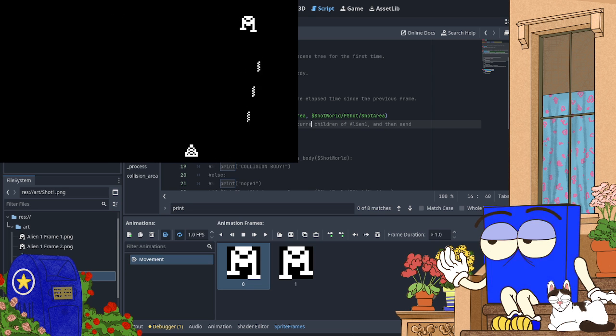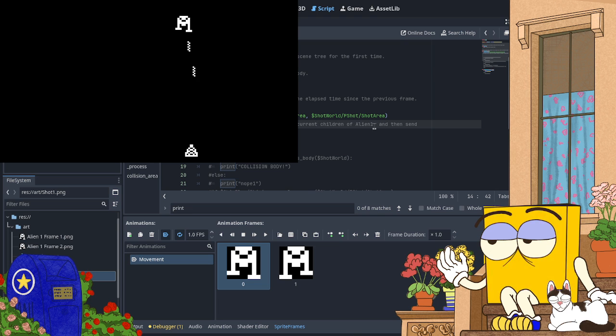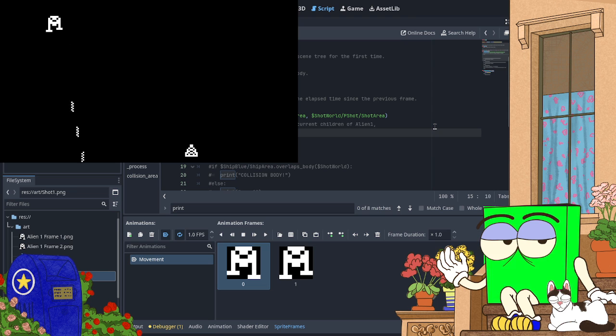All current children of Alien 1 and use them in the collision area function.